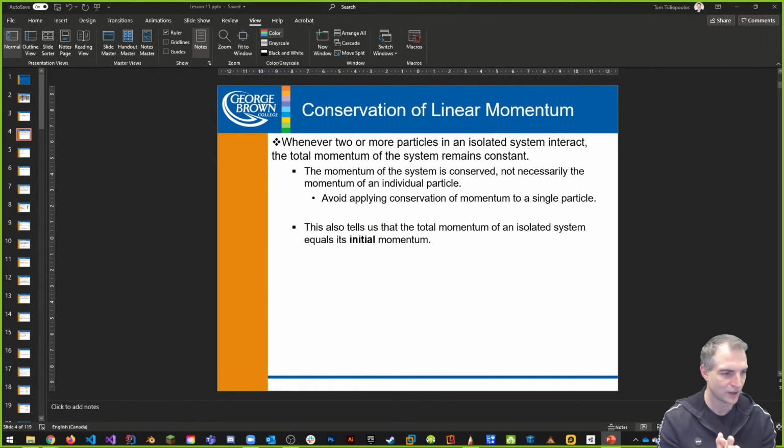Inertia. This is from Newton's which law? Newton's first law, right? And so if an object is at rest and I want to try and move it, how difficult it is to move that object is its inertia, right? Or its mass. The more mass it has, we can say it has more inertia. It's more difficult for me to get that object moving.